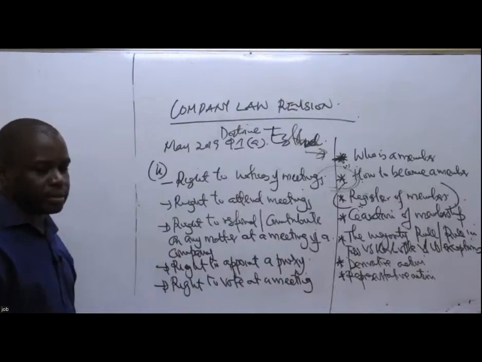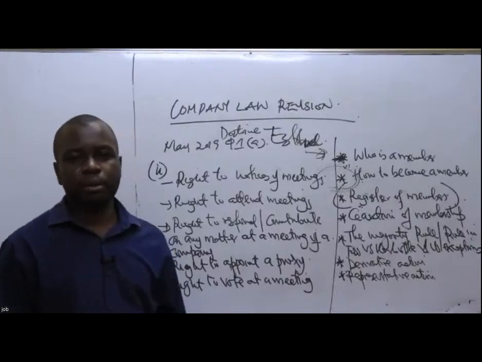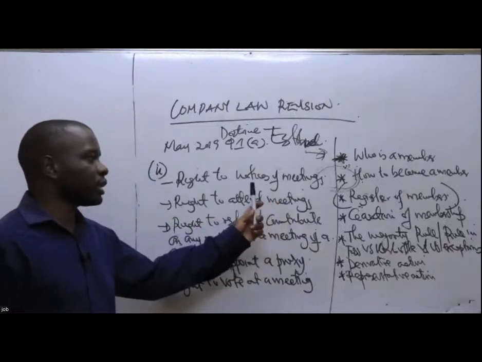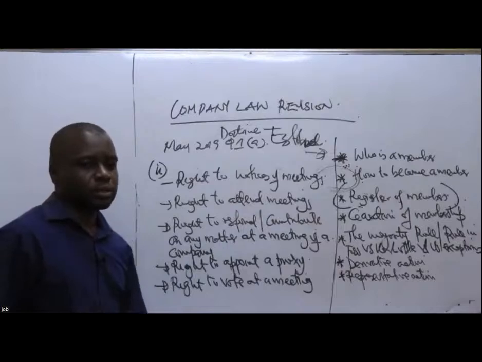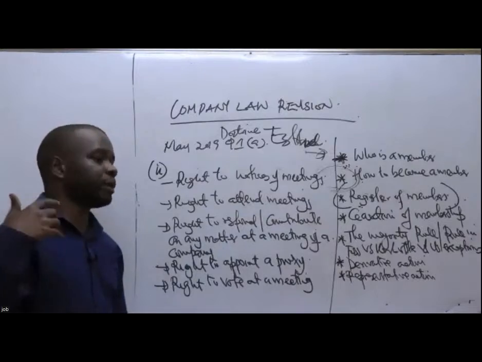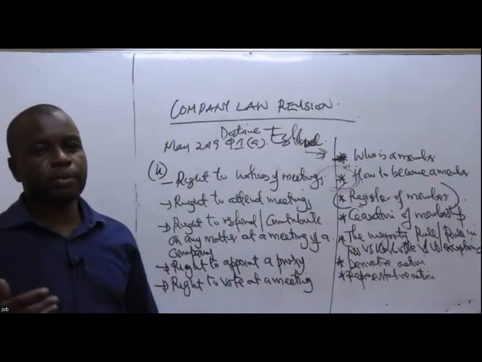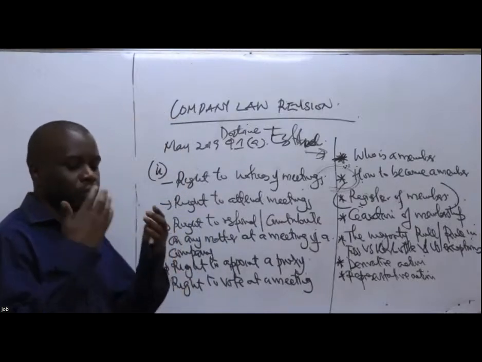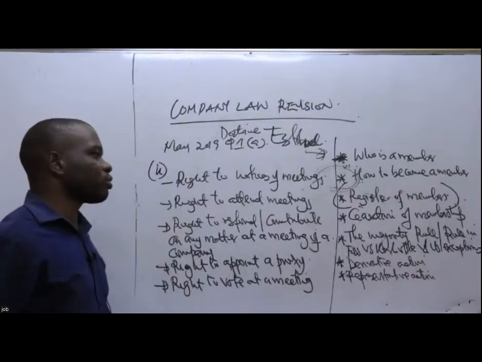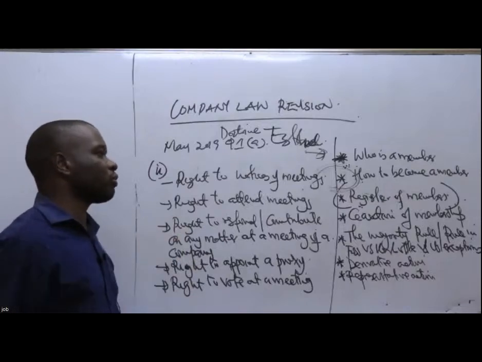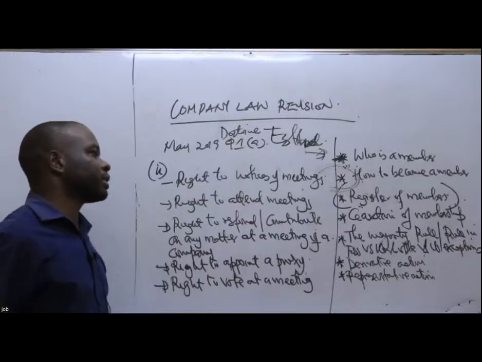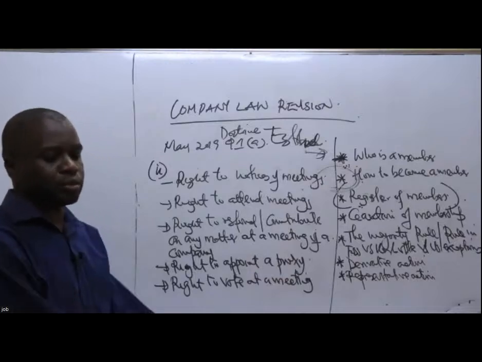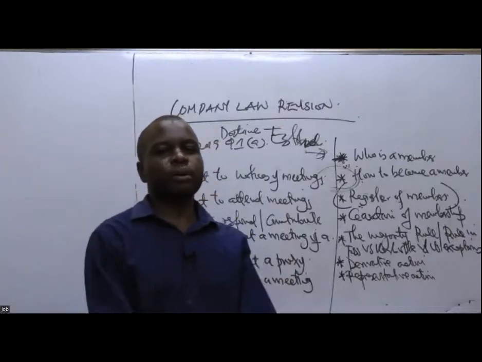So these are the rights that are quite obvious when you're a member of a company, and you'll be entitled to them with regard to meetings. Remember that the question is talking about meetings, so put that in your mind: what are the rights of you as a member with regard to meetings? Sometimes they could just generalize and say, what are the rights of a member of a company? Then you can mention several of them. If meetings are not specified, you can say the right to notices, the right to dividends, the right to attend meetings. You can mention several of them.